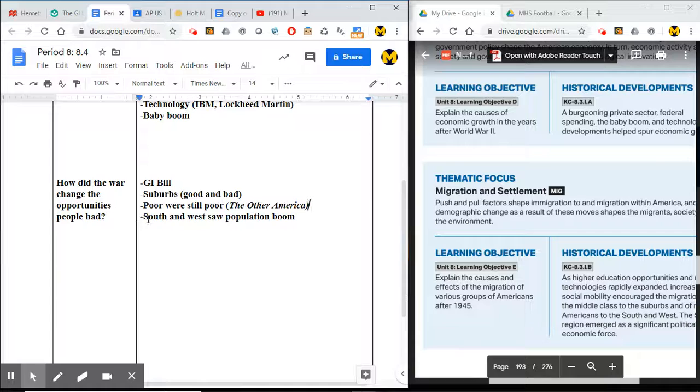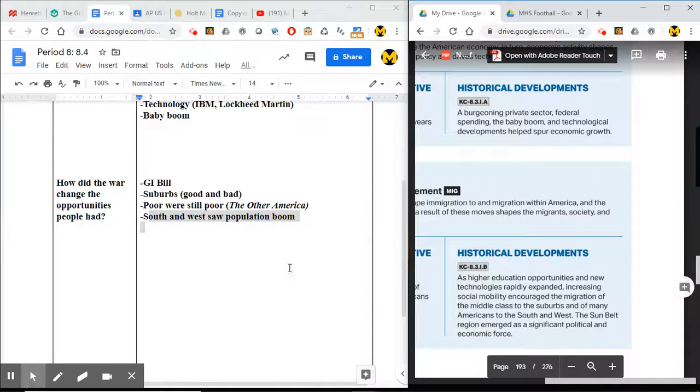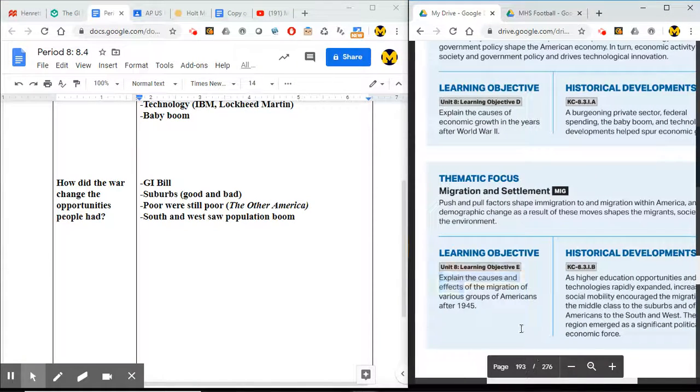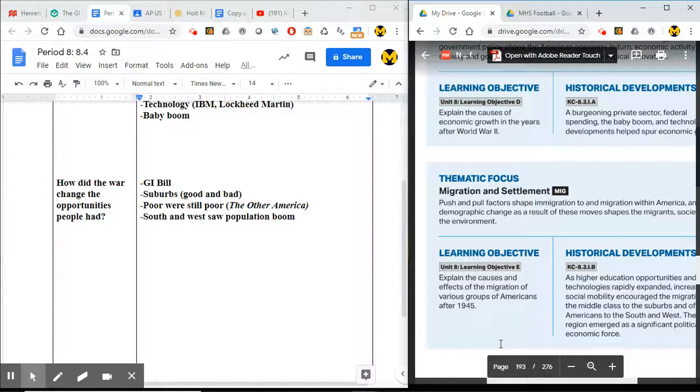And then it's also big to note that there was a migration trend going on, and that was a lot of people were moving south and west. It's kind of like the opposite of the Great Migration, in that people are going back to the south. But we're largely talking about places like Texas and California and the southwest. Those states see big booms during this time. California grows immensely during this time. Really, California was not one of the larger states for many years, and then in the post-war era, it grows exponentially, and now it's our most populous state. And so that change happened as a result of the war.